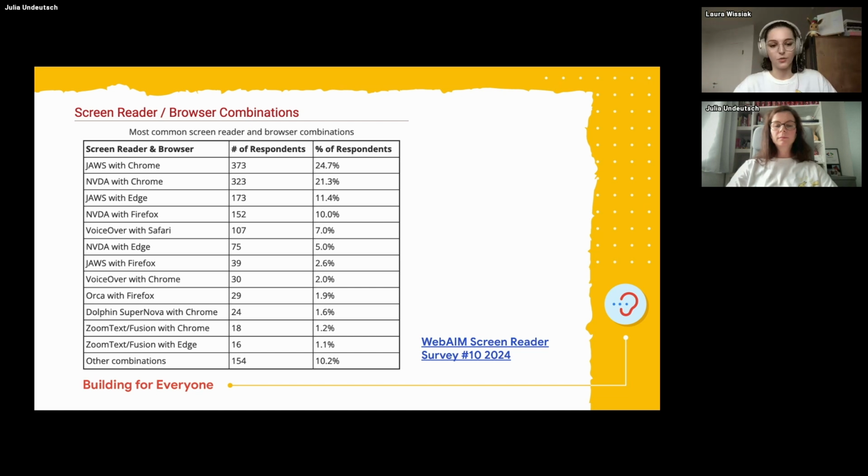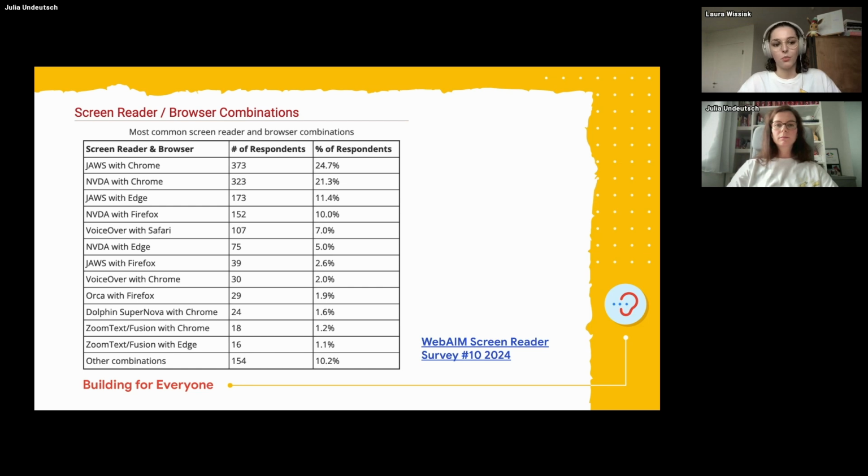And if you already have data, for example, on how many people access your website from Firefox or from Chrome or from Microsoft Edge, then you can also translate that data into which screen reader the people will probably be using, because high chance it is also the inbuilt screen reader, and argue with that. And also NVDA is completely free, so that is also a very popular choice. JAWS is more used by people who use it for their job. Many people use it for the day job because it is a subscription service.